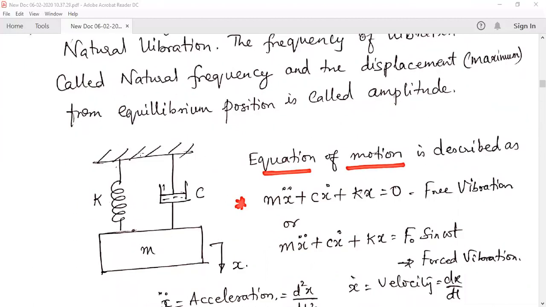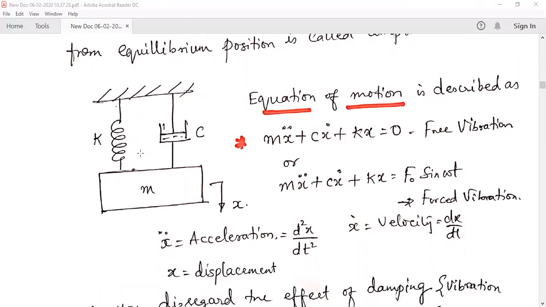A typical vibratory system is depicted by a spring mass damper system, a single degree of freedom system. Mass is where you will see the inertia effect. Spring is where you have the energy effect, where it stores the energy. When you disturb the mass, the energy is stored in the spring, and the same energy is dissipated using the damper. It's very, very important.